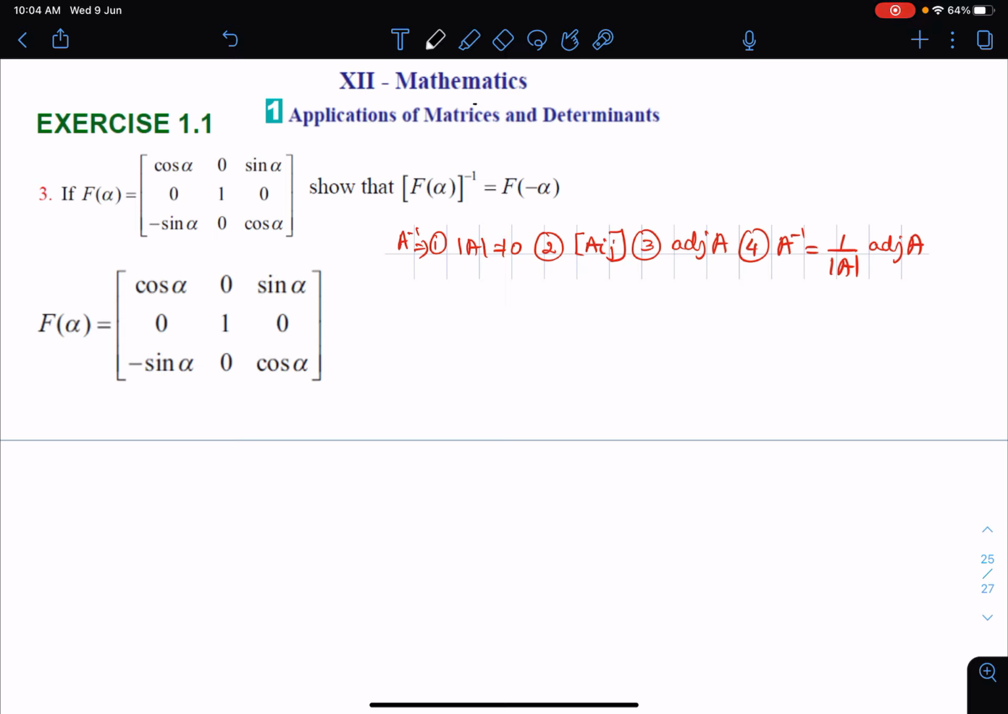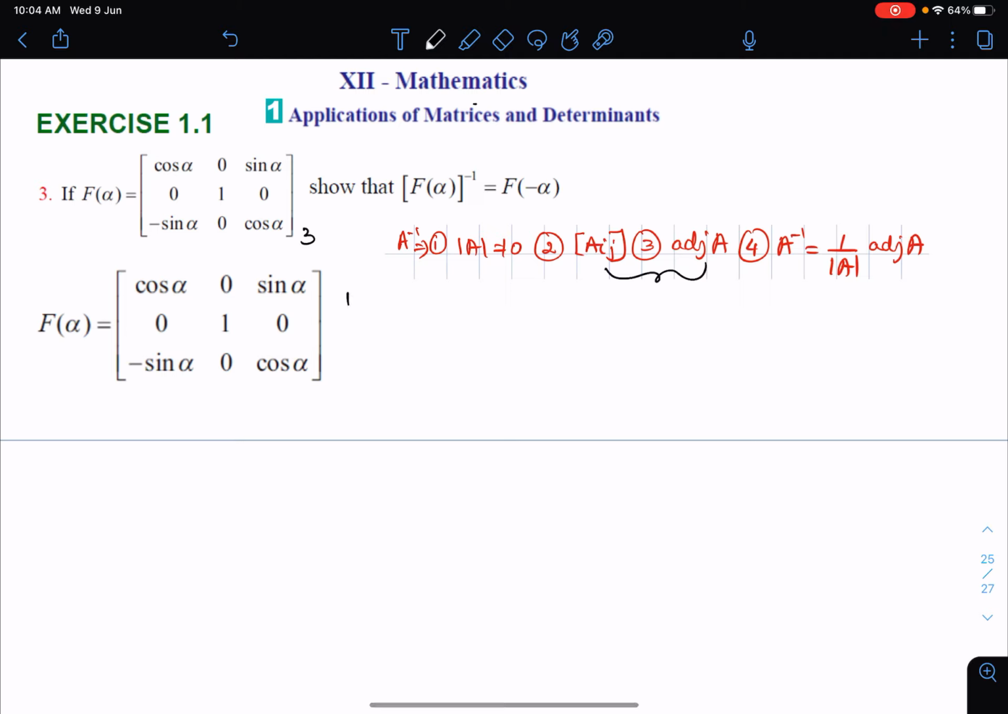Today we are going to see exercise 1.1, sum number 3. If f of alpha is equal to, they have given a 3 cross 3 matrix. Show that f of alpha, the whole inverse equal to f of minus alpha. So first we find out the inverse. For inverse I have given you the 4 steps formula. In that the second and third you can combine and get it as adjoint A, and then we can proceed